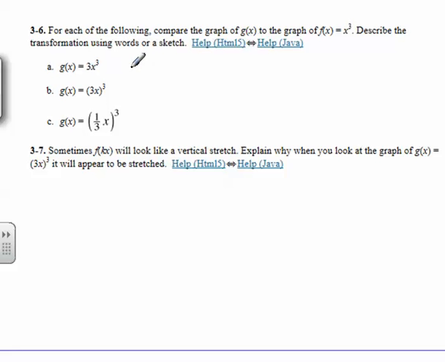Okay, so if my g of x is a 3 in front of the x cubed, that tells me when it's out in front that it's stretched. So that's the only change that occurs, a stretch up and down, a vertical stretch. Okay, for b, now we have a 3 inside the parentheses raised to the power of 3. So this is like what we worked on Friday. Since the 3 is inside, that's going to be a compress